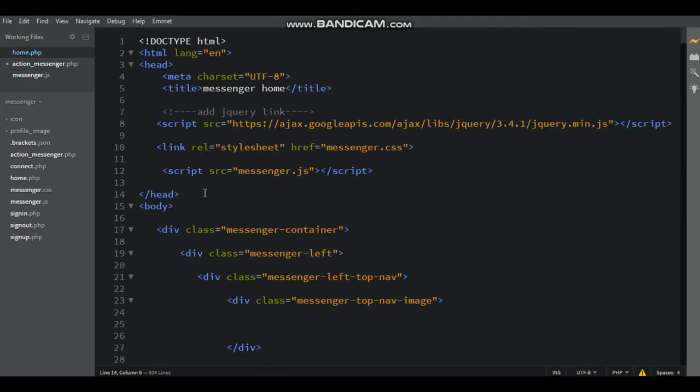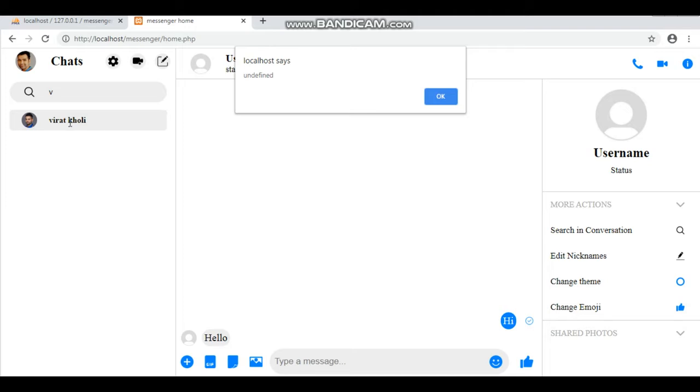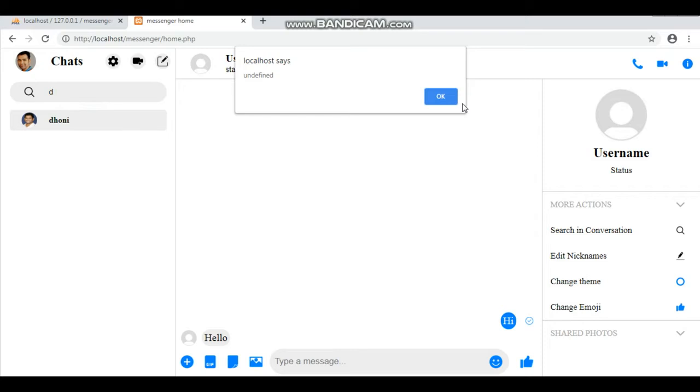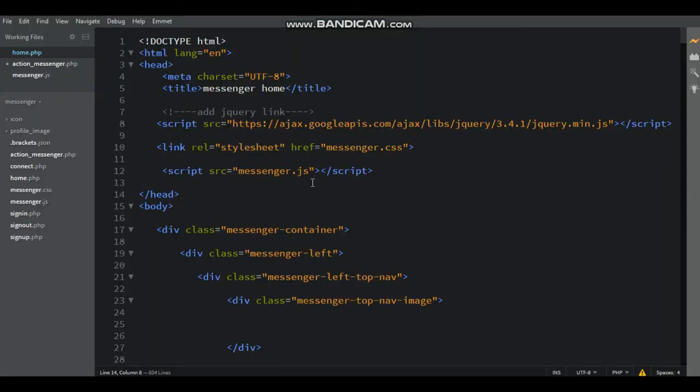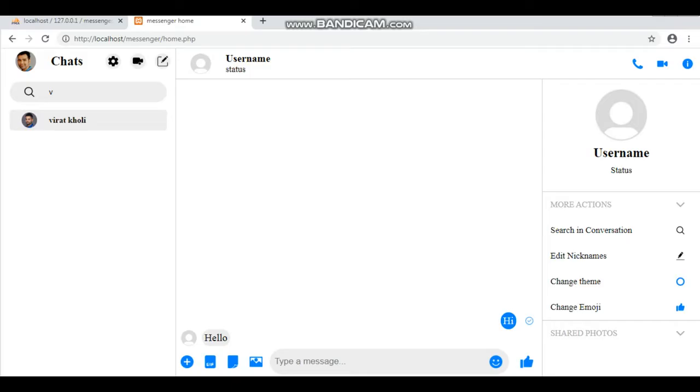Now go to the browser and refresh. Here the search users profile click just shows undefined, so save the file first. Save the messenger.js file again, and now refresh the browser.